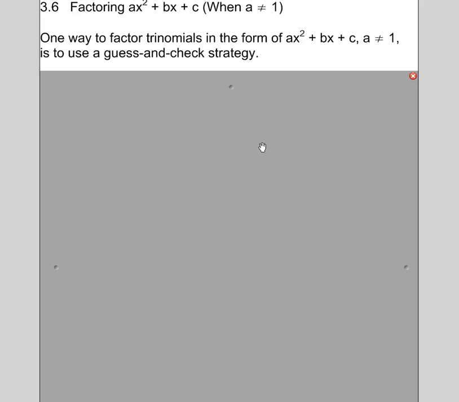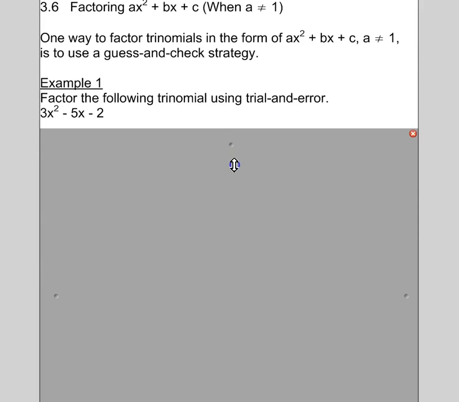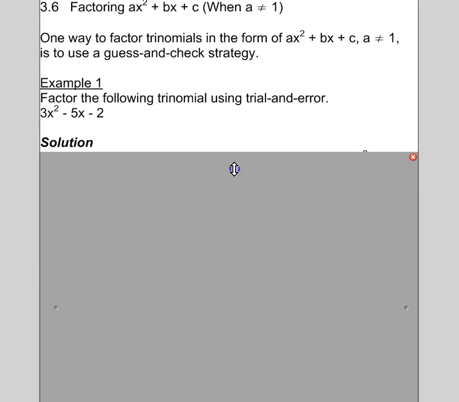All right, so a complex trinomial by definition has a leading coefficient on the x squared term not equal to 1. We can always try guess and check as a strategy for factoring. There's nothing wrong with that. At some point it becomes a little bit too time consuming, but just to show you the method, say you take a trinomial and you're not sure about the factors,